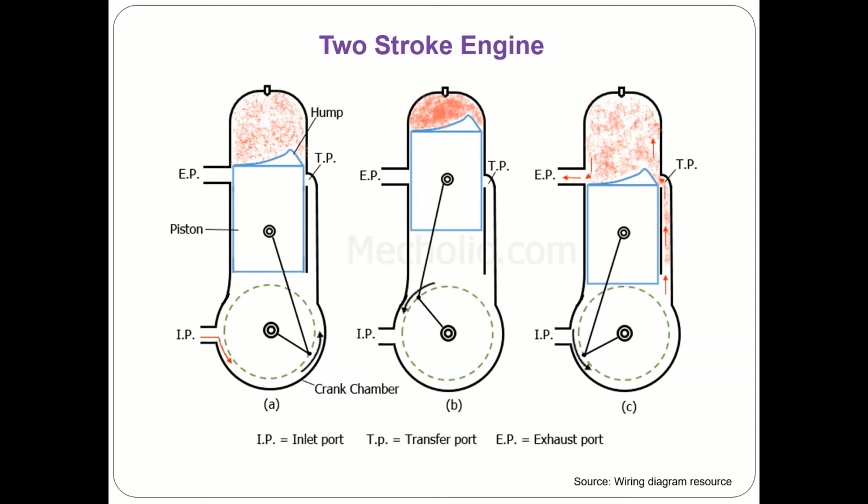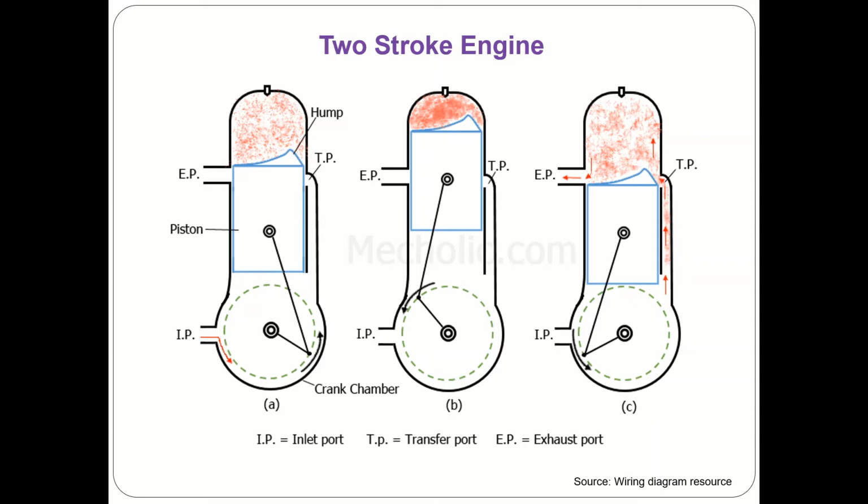Now while transferring, the top of the piston is such that it consists of a deflector which doesn't allow fresh charge to directly go to the exhaust port, rather it directs it in the upward portion of the cylinder. This also helps in scavenging of the exhaust gases, but in spite of providing a deflector, there are chances that some of the fresh charge may also flow along with the exhaust, and that is the reason we say that two-stroke engines are more polluting as compared to four-stroke engines, and the fuel economy drops in case of two-stroke engines.